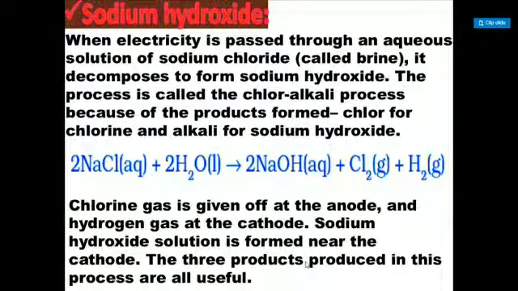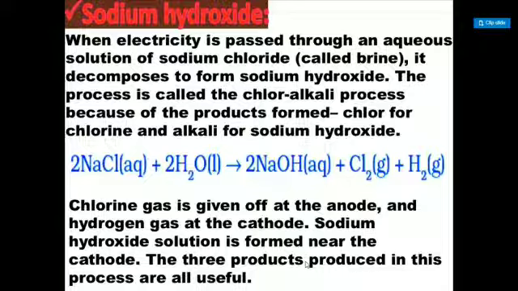Sodium hydroxide. When electricity is passed through an aqueous solution of sodium chloride, it decomposes to form sodium hydroxide. The process is called the chlor-alkali process because of the products formed: chlor for chlorine and alkali for sodium hydroxide. The equation is 2NaCl aqueous solution plus 2H2O in liquid form. You know that water is always in the liquid form here, and it gives 2NaOH aqueous, Cl2 gas and H2